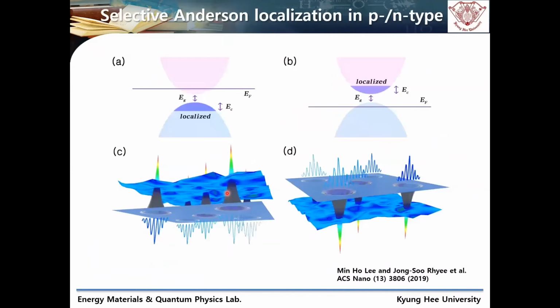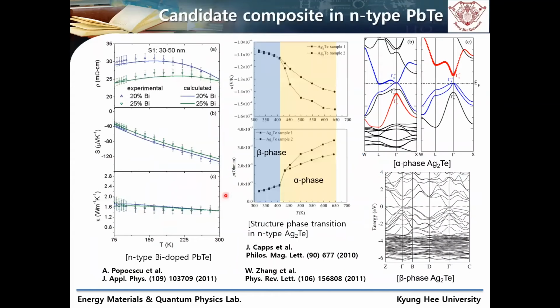Therefore, how do we realize this concept? One example is n-type lead telluride. In the case of bismuth-doped lead telluride, it is an n-type Seebeck coefficient material, and it can also be tuned by the energy. It is very effective for n-type materials. Here we chose bismuth-doped lead telluride. It is a stable n-type material, and